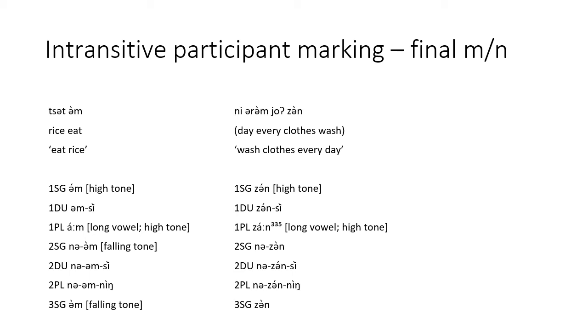Next, we have an example of final m and n, and you see again high tone first person singular, and high tone and long vowel with first person plural, but no suffix visible. Falling tone with third person and second person singular. Note that although it says third person singular here, it's the same for third person dual or plural because there's no distinction of number for third